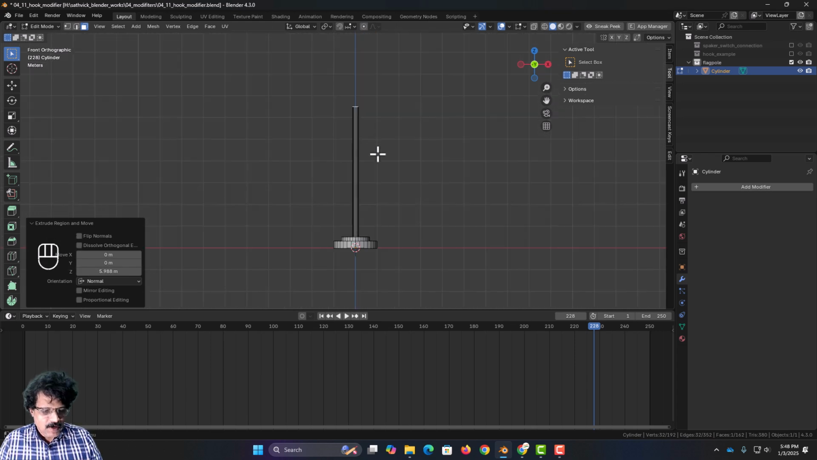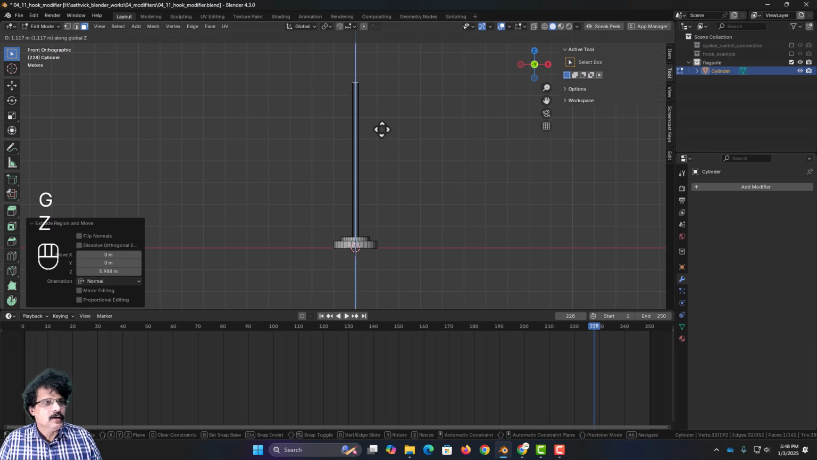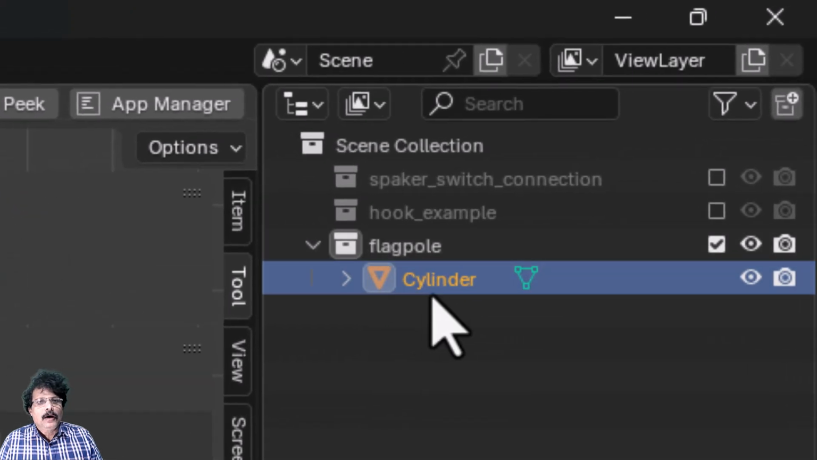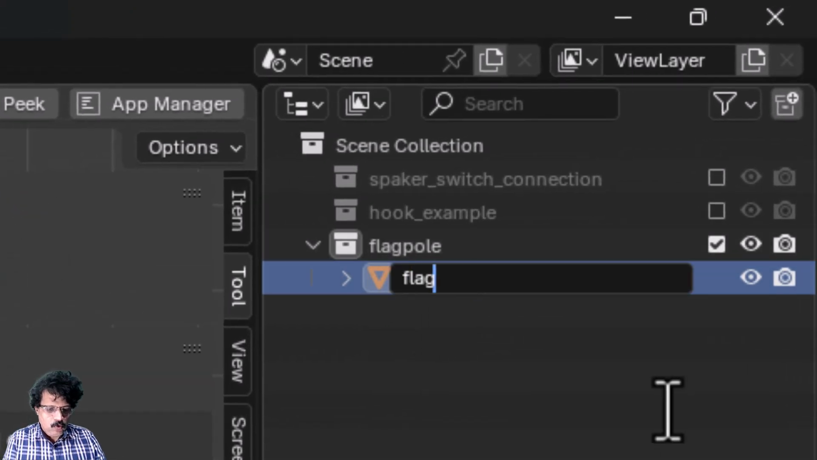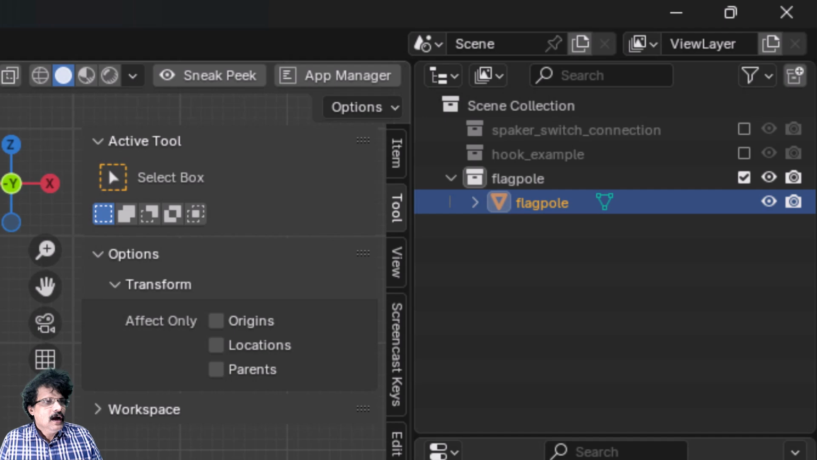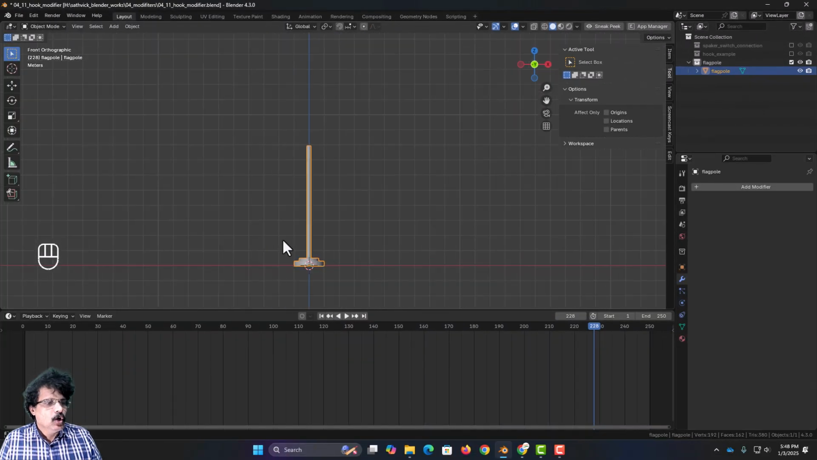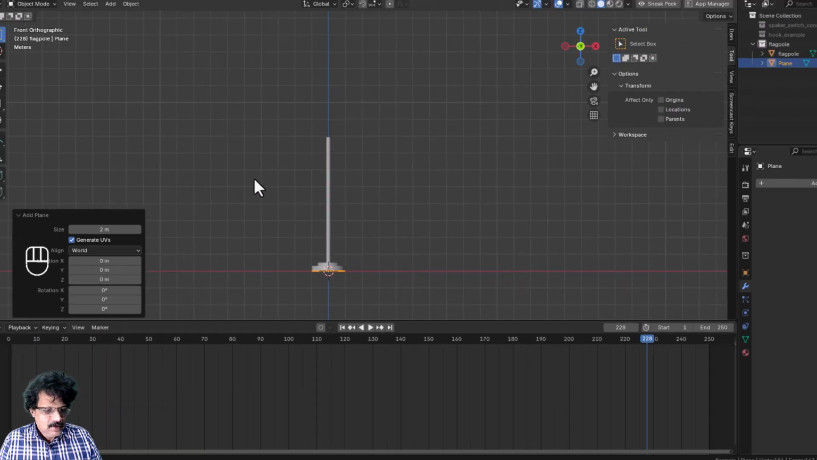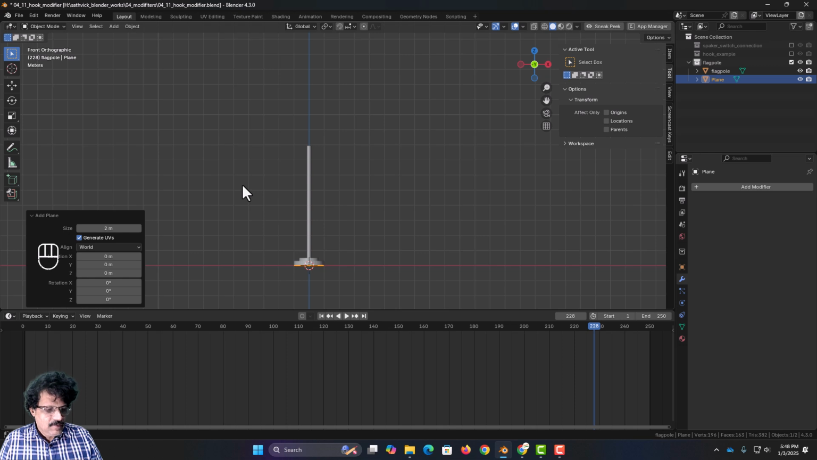Okay, now if required press GZ and move it a little more like this, still here. So now I am going to come over here and I am going to now call this as flagpole, and for this flagpole I am going to add a flag. So for that I will press shift A, and in the mesh I am going to now add a plane, and for this plane I will press